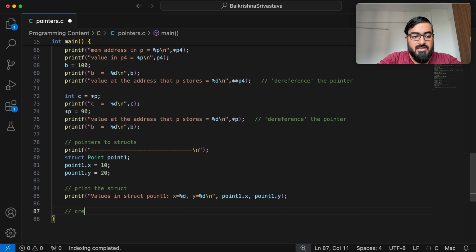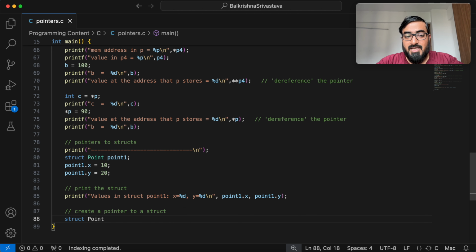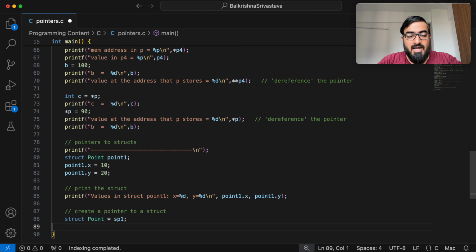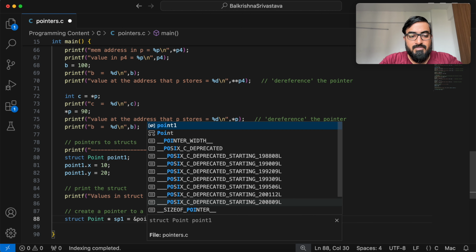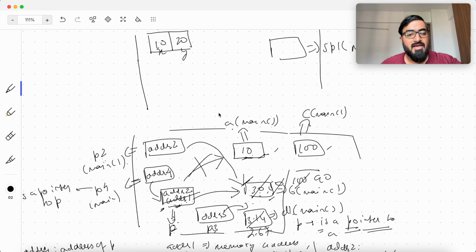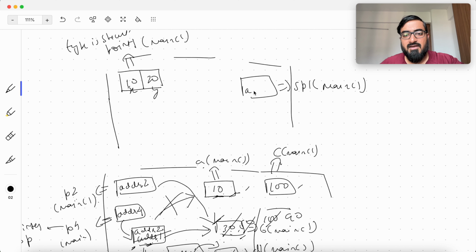So if I want to create a pointer to a struct, I say the same thing: the type of the pointer, star, and I'll say struct point star sp1, and I store the address of p1. This means you have another variable sp1 in your main that is storing some address. Say we had till ADDR5, and say this is ADDR6, which is going to be a hexadecimal value address